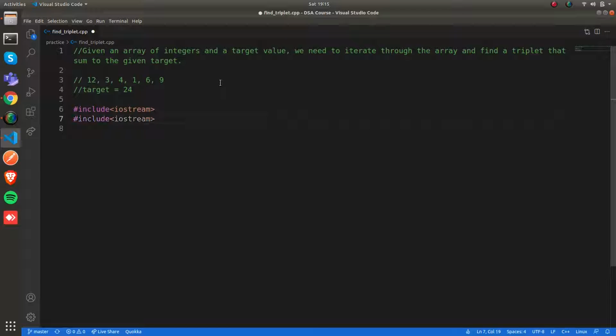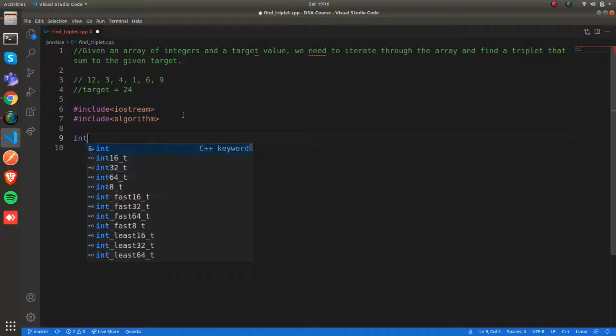So basically how we are going to solve this is we are going to sort the given array, and after sorting the given array we will take an ith value. We are going to loop through this entire array and we are going to make use of the two pointer approach also. So I will be explaining the process.